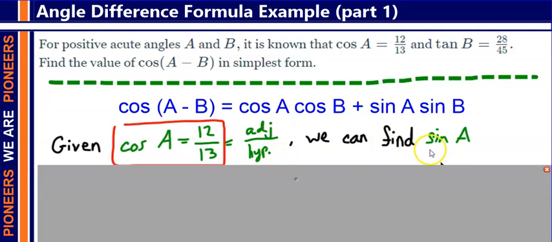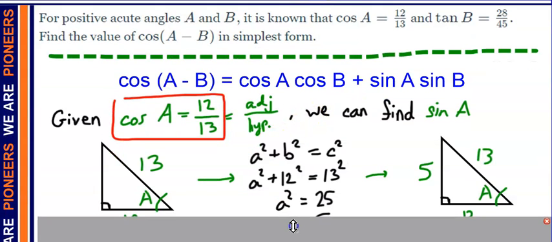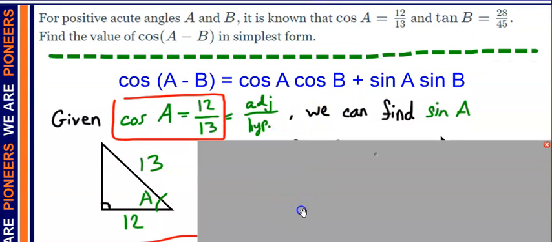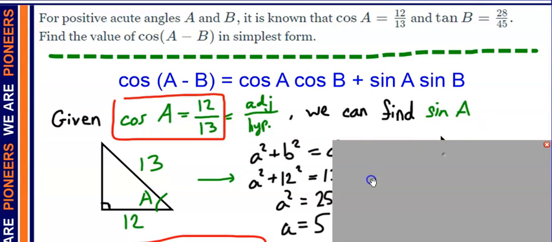So we can find sine A for that angle A. Drawing a triangle is probably our best bet to get a picture of what we need to look for. We know that the side 12 is adjacent to angle A, hypotenuse is 13. We want to know what the opposite is because that's what sine A cares about. So we use the Pythagorean formula,